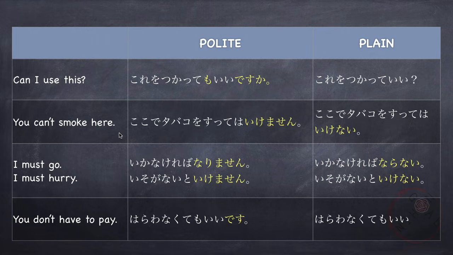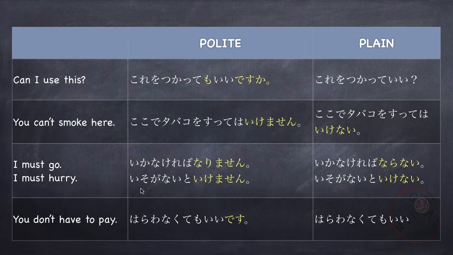You can't smoke here. ここでタバコを吸ってはいけません。In plain form, ここでタバコを吸ってはいけない。So we change いけません to いけない。I must go. 行かなければなりません。In plain form, 行かなければならない。So なりません becomes ならない。